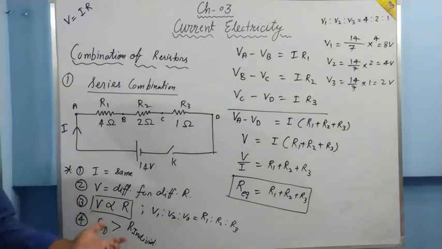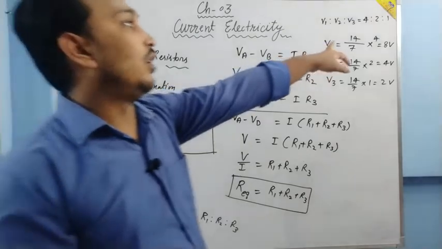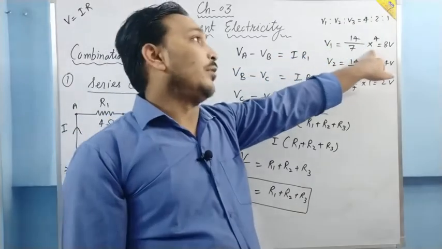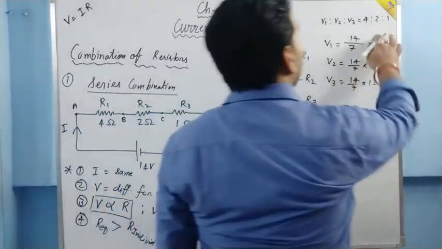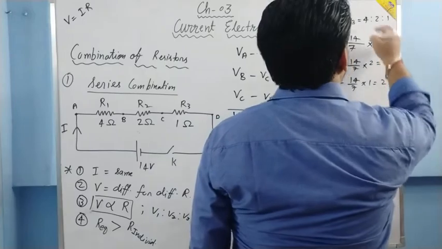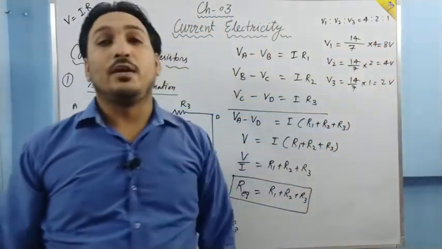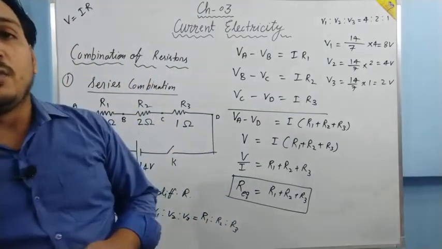Potential drop ratio, and from that ratio, the formula is total upon ratio sum, the ratio sum multiplied by the share. What share are we calculating? We are calculating the first one, and the first one is 4. So we are multiplying by 4, by 2, and by 1. The corresponding ratio we are calculating, the corresponding values are multiplied.